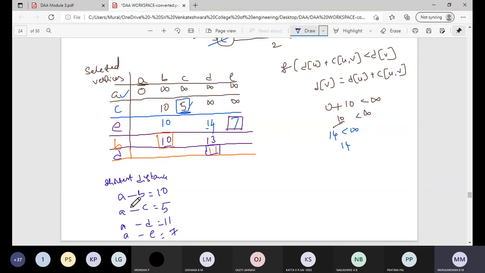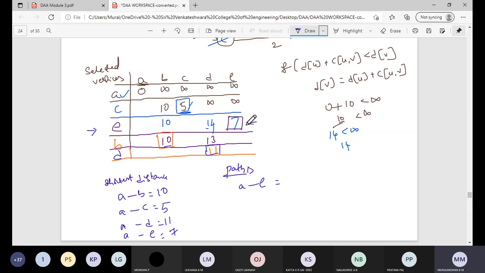Okay, now you just try to write a path. Let us try to write a path from A to E. What is the path we are having? A to E. We'll just check here. E has been selected here, right? Kindly observe how to write a path. Now we are writing the path from A to E. Now you just observe E has been selected at this state, right? So here by this 7 E has been selected.